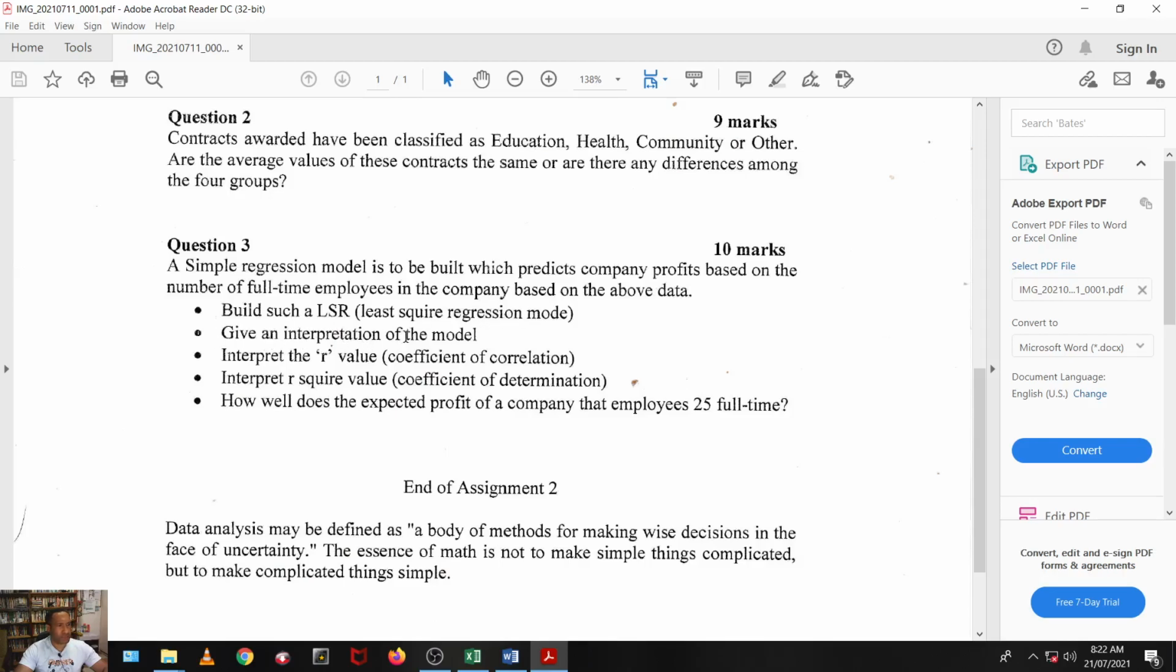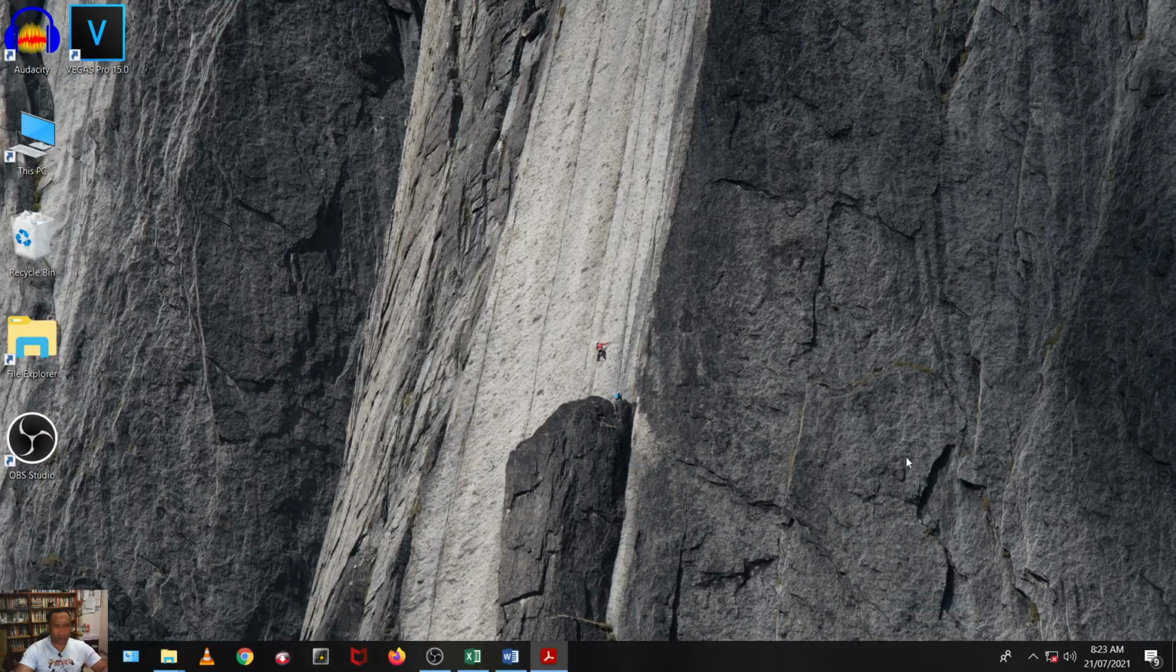And then we'll give an interpretation of the model. Then we'll interpret the R value, or the coefficient of correlation. And then we'll interpret the R squared value, which is the coefficient of determination. And then we will have to predict the expected profit for a company that employs 25 people using the model that we've created. So in order to answer this, let's go